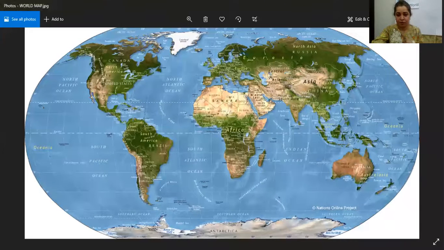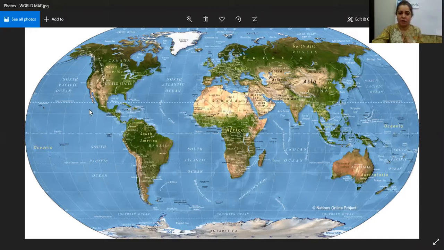I'm just going to show you the world map once again, which we have seen before, so that we can see the location of the continents. They are differently placed on the land. We are going to have a look at that, and then one by one we'll get to know all the continents, right? So this is the world map, which we did before.